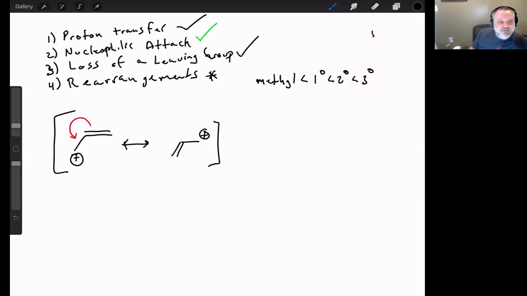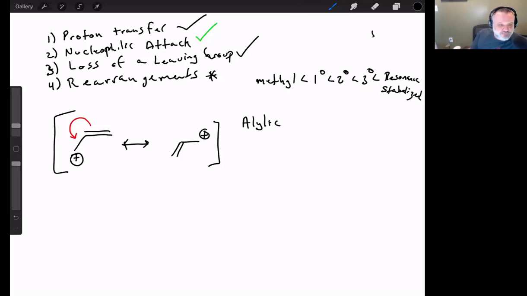It has a pi bond that's directly adjacent. Yeah, it's directly adjacent to that positive charge. So this cation is resonance stabilized. Resonance stabilized cations are more stable than tertiary cations. And there's two different types of resonance stable cations. This one is